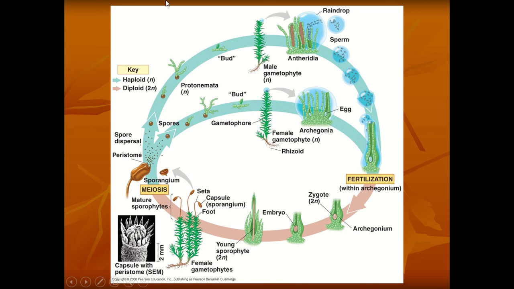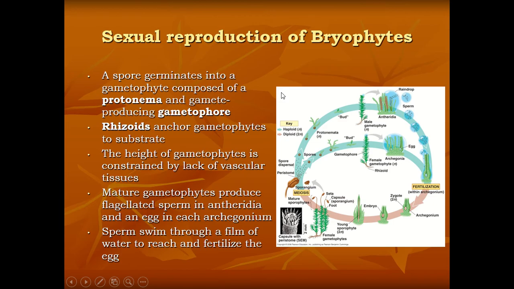So here they grow separately, in which after the raindrops, the sperm will go to the egg and fertilize it, producing a zygote. The zygote will produce mature sporophytes that will disperse and produce protonemata. Budding will occur and they will grow into female or male gametophytes.